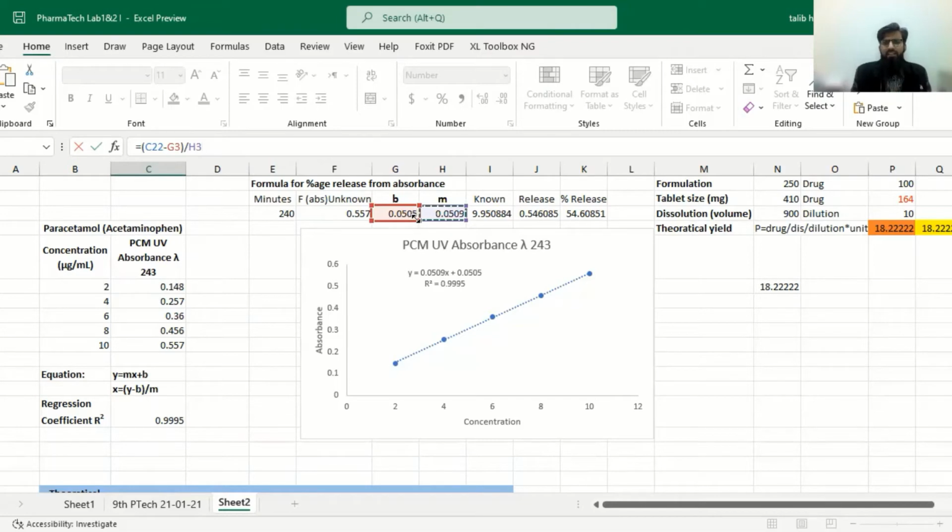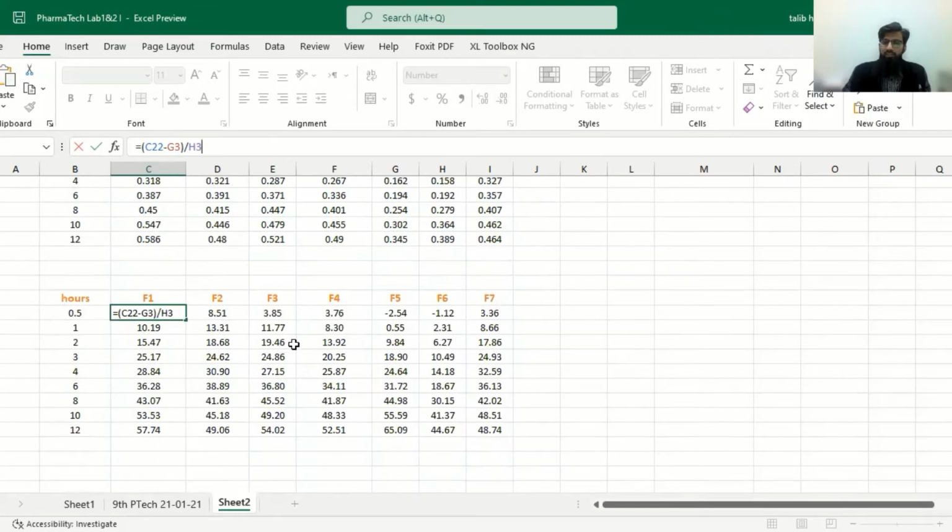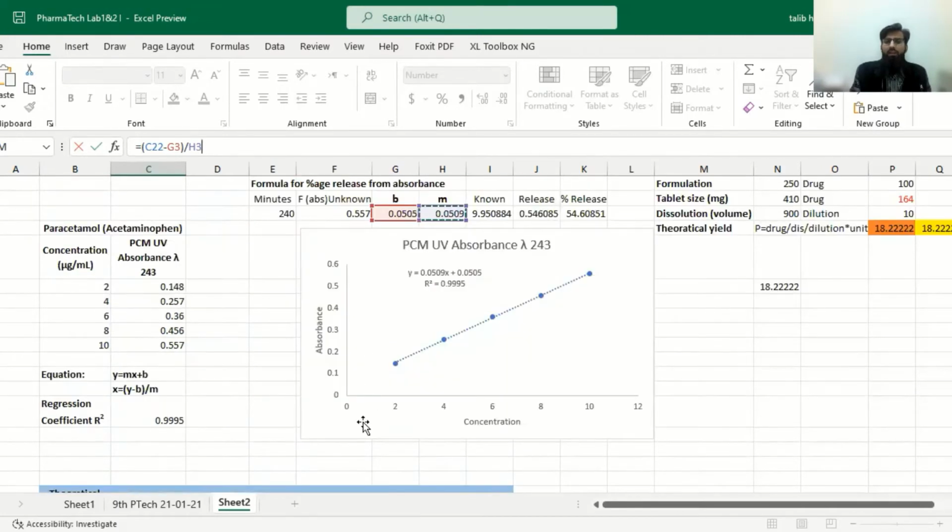If we drag this from here to formulation F7 on the right side and drag it downwards from row 35 to 43, every time it will shift from G to L and from 3 to 12 or 13, but B is confined in a single cell. So B should be restricted. So add a $ sign before the row and the column also.